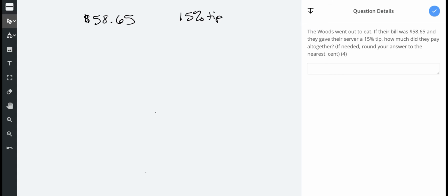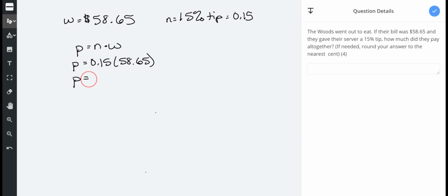Okay, so 58.65 is going to be our whole. Then our percent is 15%. So I'm going to convert that to 15 hundredths. So part equals the percent times the whole. Part equals 15 hundredths times 58.65. So I'm going to take 15 hundredths times 58.65. And that gives me